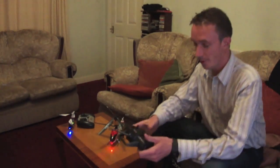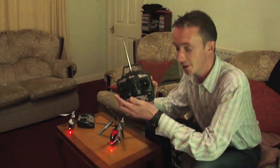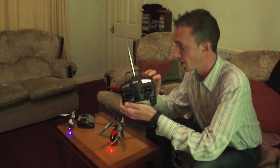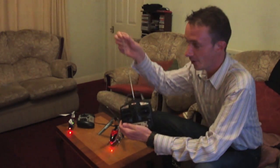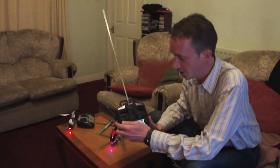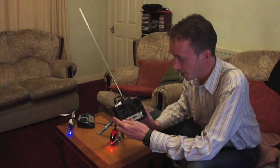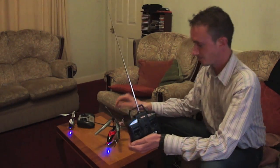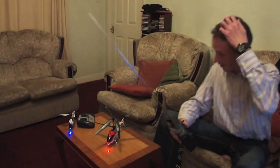Now the actual remote control for this is somewhat different. It's a lot bigger, and the difference between this and the other one is this has an aerial that you pull up, as you can see. So there's a lot more control with this one. But let's give it a go and let's see how we get on. Okay, so